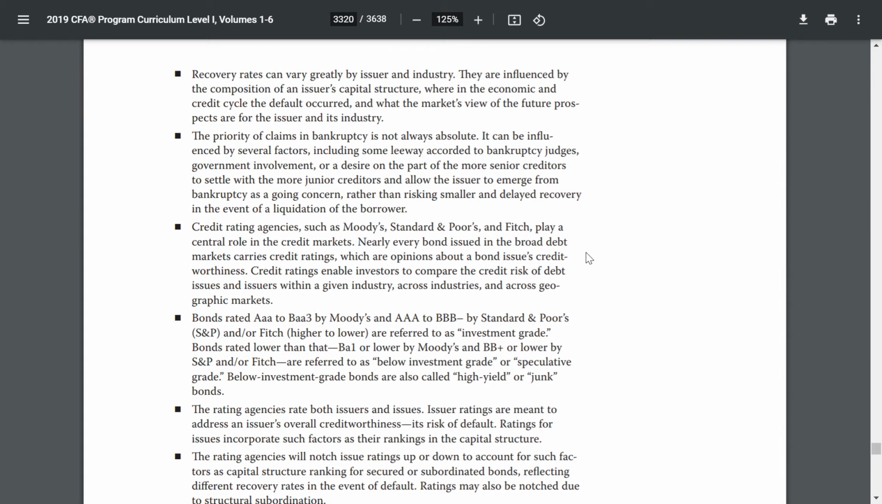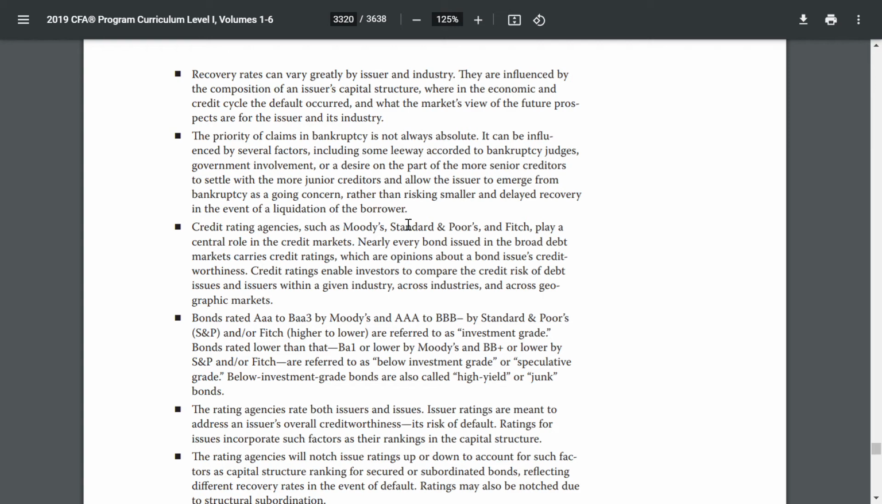Recovery rates can vary greatly by issuer and industry. They are influenced by the composition of the issuer's capital structure, where in the economic and credit cycle the default occurred, and what the market view is of the future prospects for the issuer and the industry. The priority of claim in bankruptcy is not always absolute. It can be influenced by several factors, including the leeway given to the bankruptcy judge, government involvement, or a desire on the part of more senior creditors to settle with the more junior creditors and allow the issuer to emerge from bankruptcy as a going concern,